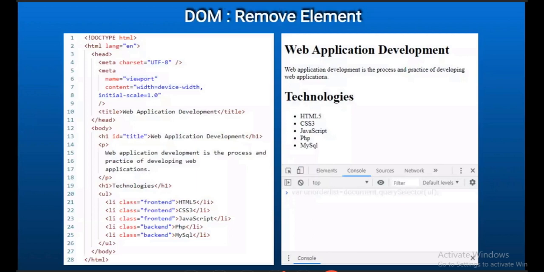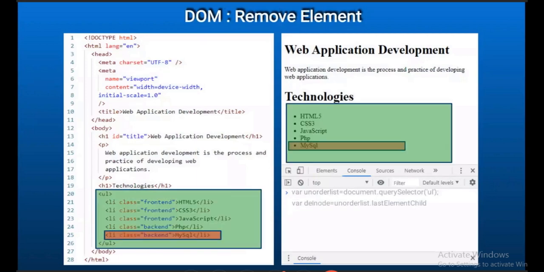For deleting any child element, we need to traverse to the parent element. So I gave that .parentElement. So that parent element will get selected. The parent element here is UL. Then .removeChild. Okay. So please remember, for deleting any child node, you first need the parent, then give removeChild. So parent element, then .removeChild of delNode.